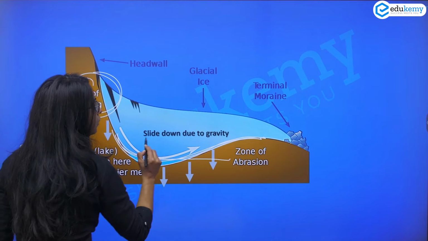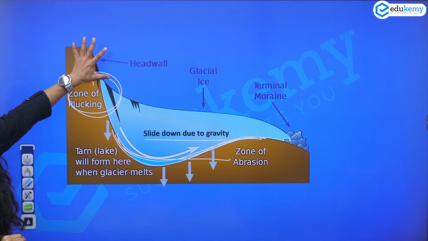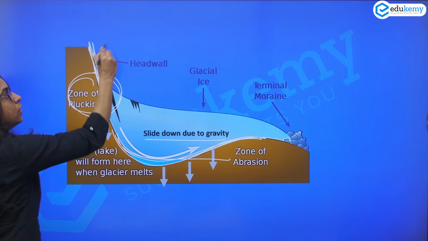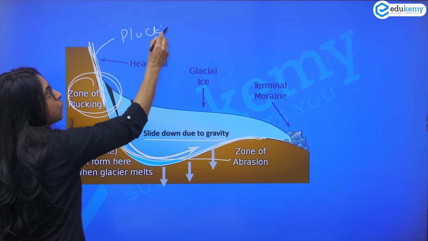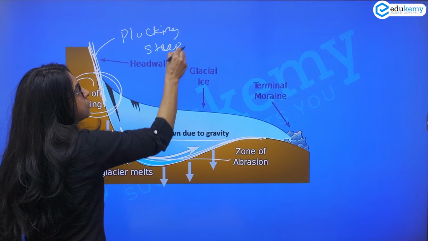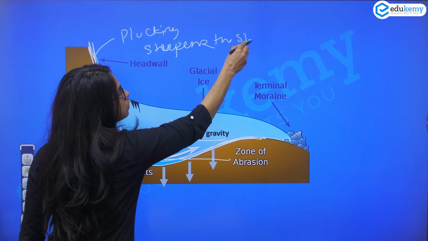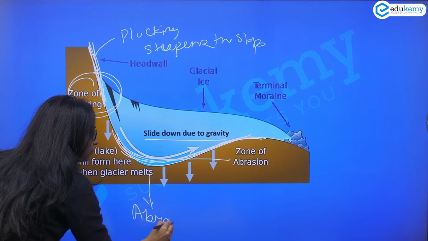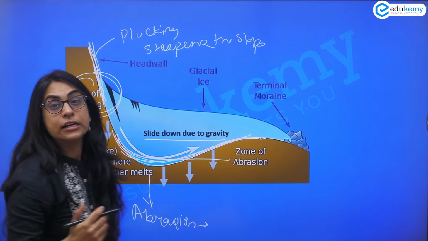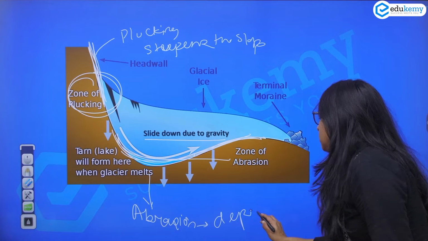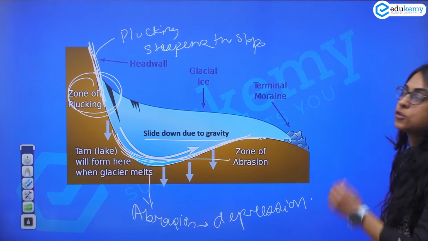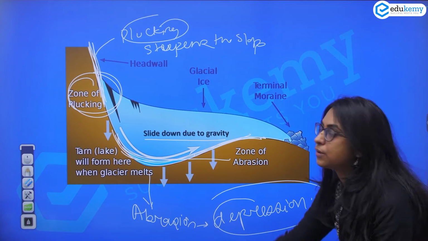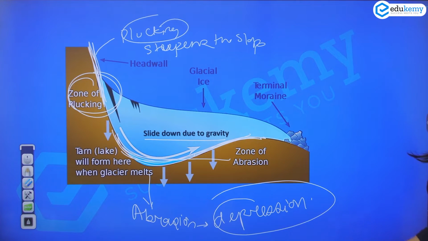Now what happens is there is this plucking going on, which steepens the slope, and this abrasion creates a depression. So steepening the floor by the plucking and the deepening of the depression by the abrasion leads to